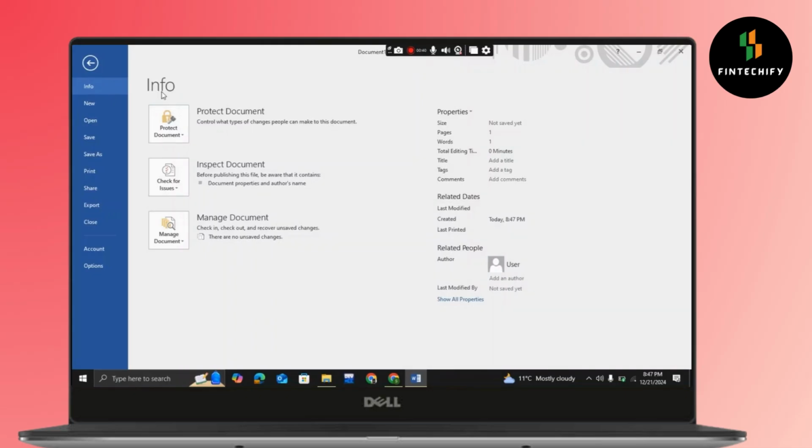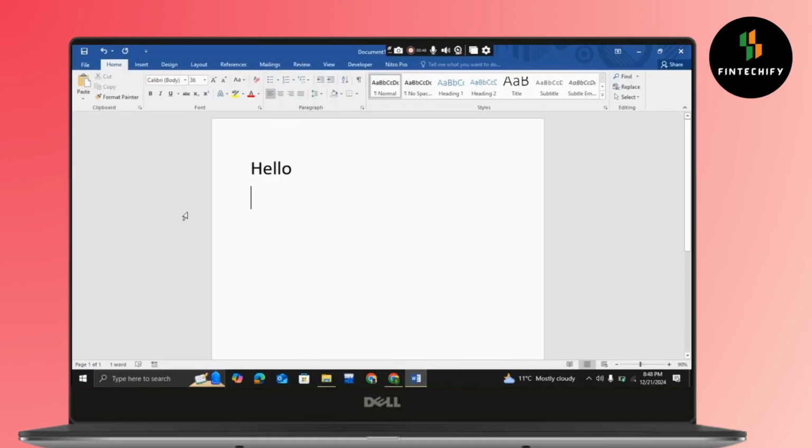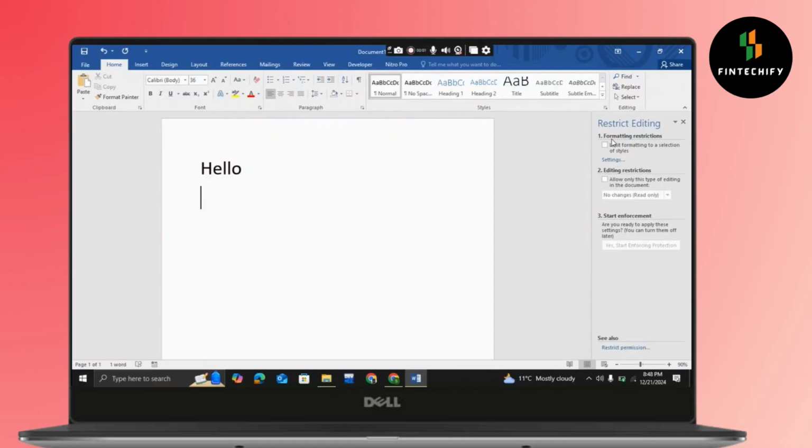Now you will see an option of Protect Document. Go over there, and now in order to enable protecting, what you will have to do is simply restrict it like this. Confirm restricting here, and after that,